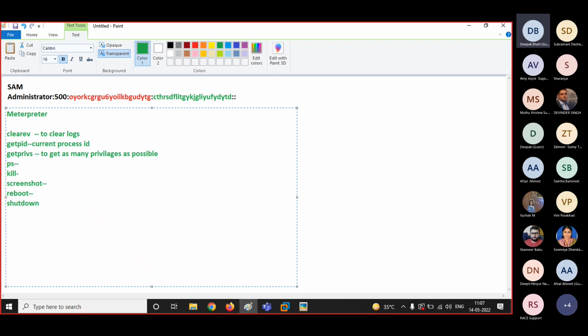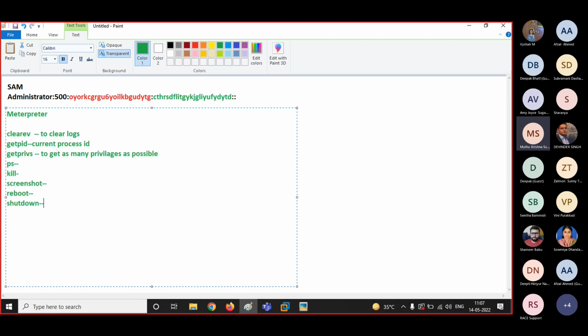So guys, can anyone tell me why after a successful hack, a hacker always reboots or shuts down the system? What is the reason for that? So people cannot trace him back. How? The footprints should be removed. They will not be removed.